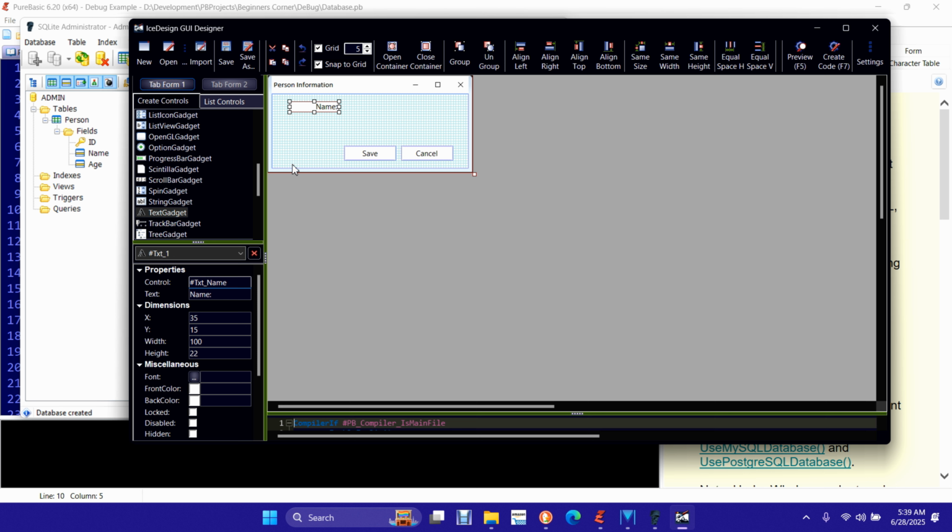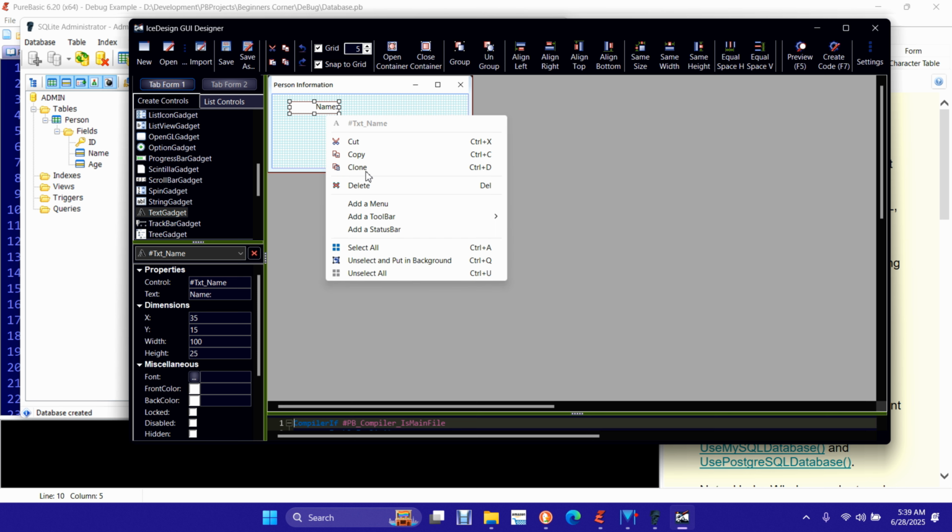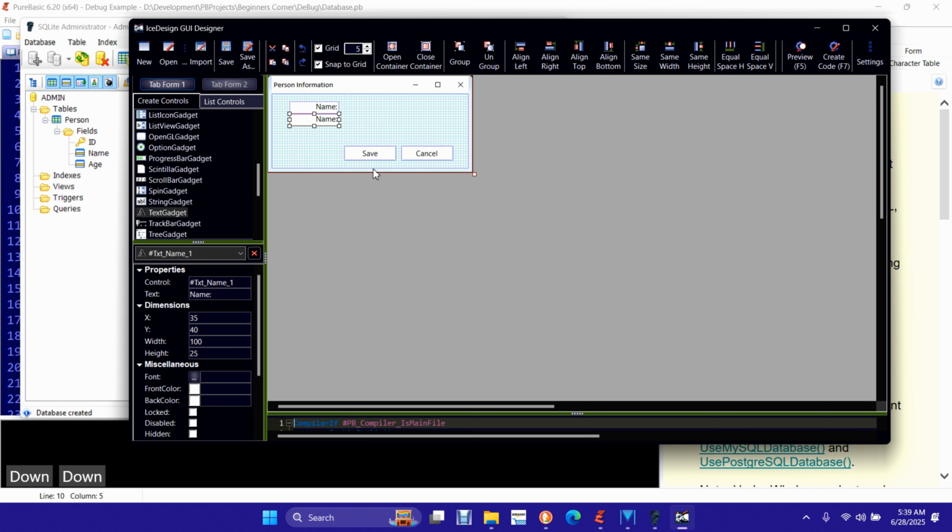Okay. And then we can clone this guy and say, okay, now the order of how you do fields is entirely your business. I'm not consistent in that. Sometimes I go across, sometimes I go down. It's all whatever the mood strikes me. So we have age. Now we need our string fields, right? So we'll come up here and say, okay,